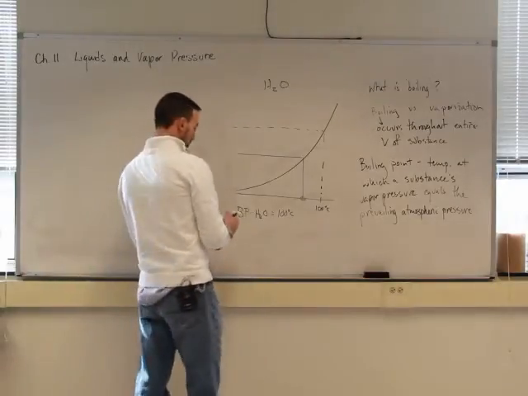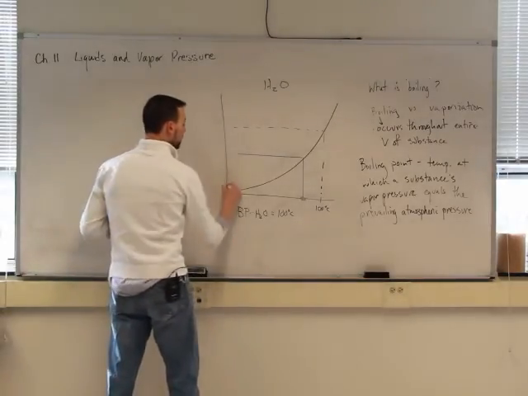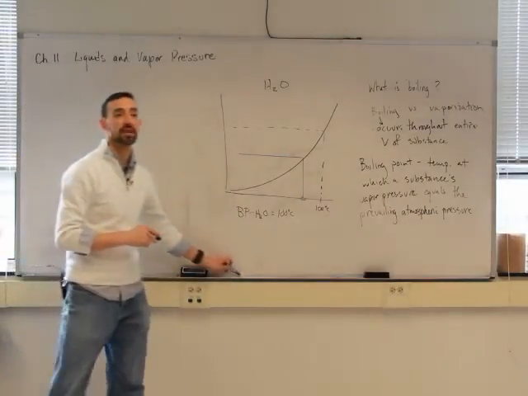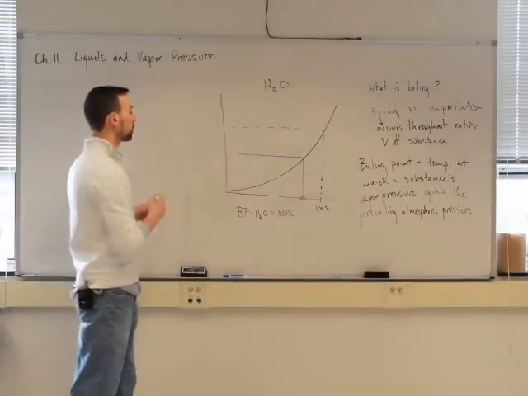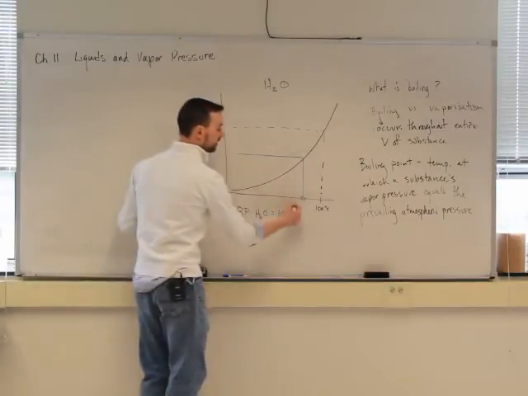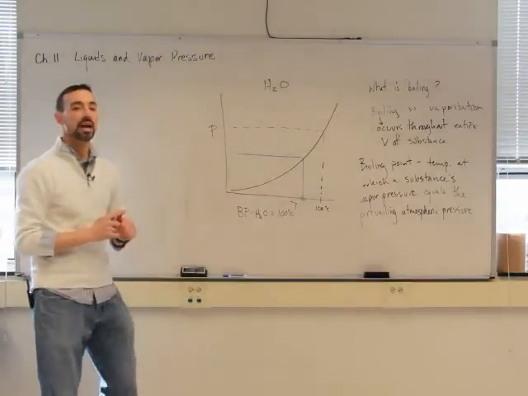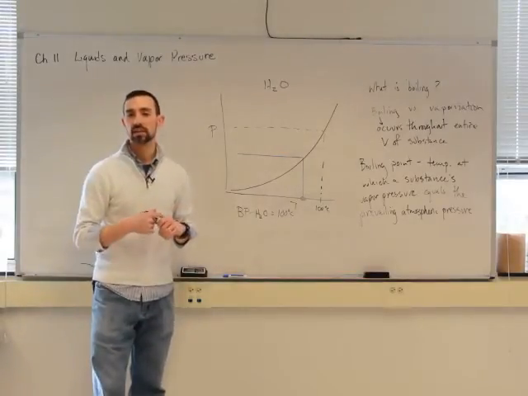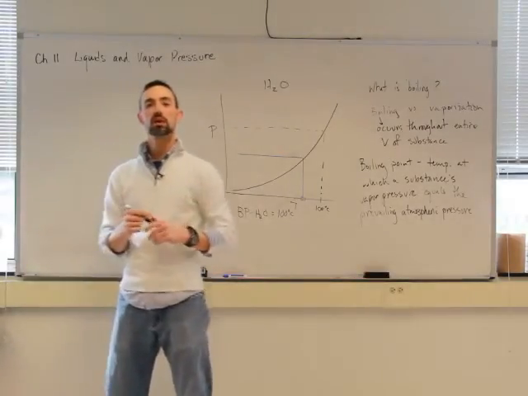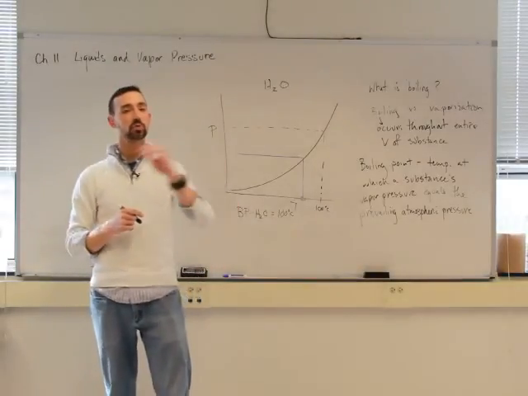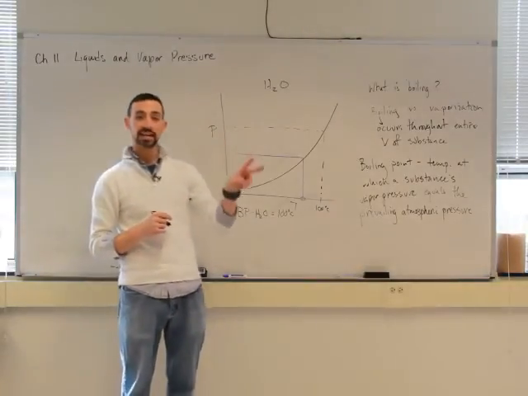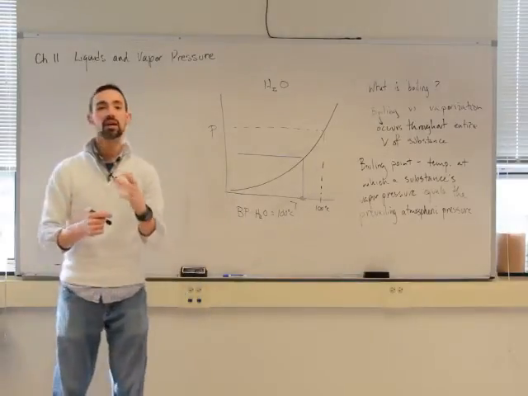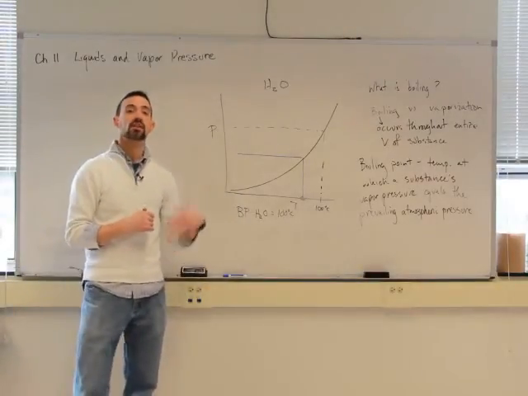Now, these curves, before I erase it here, as I mentioned, all have an exponential shape to them. And we can model what this pressure is as a function of this temperature. And that would allow us to predict other properties of liquid materials. And so one of the common ones that we're interested in, and we're going to be doing some laboratory experiments on it next week, actually 2 lab experiments on this, is the amount of energy that it takes to vaporize